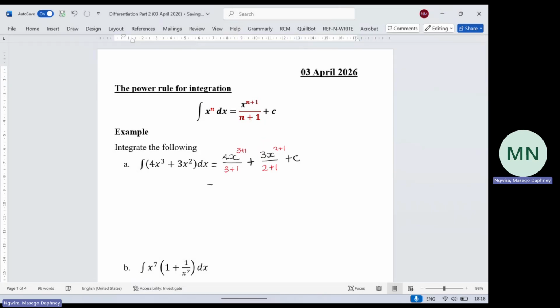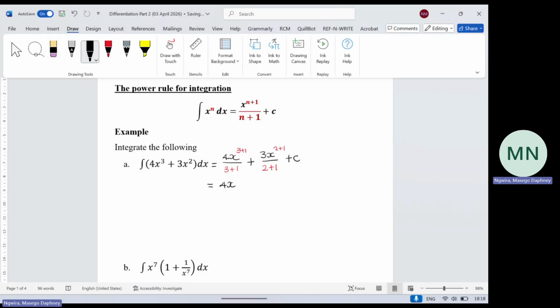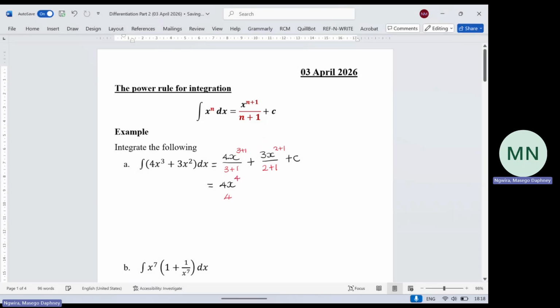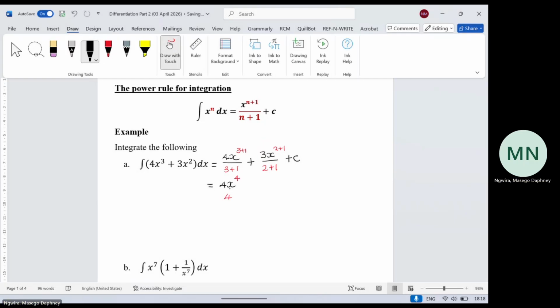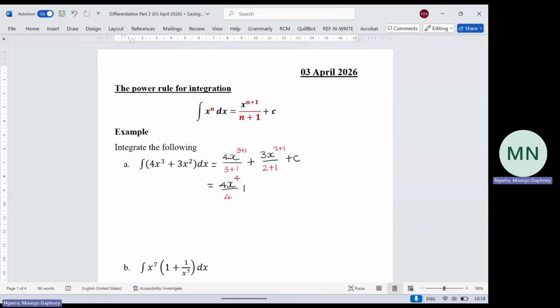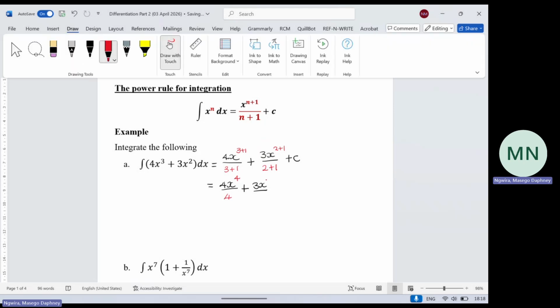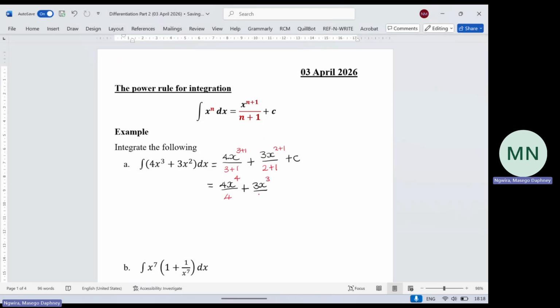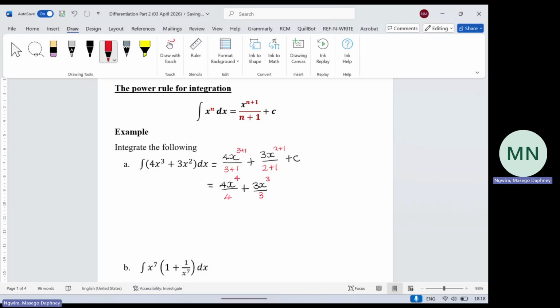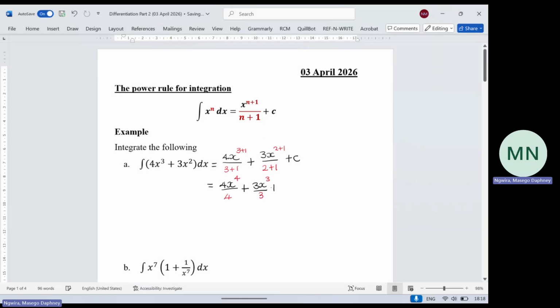And then after this, we are going to have 4x to the power of 3 plus 1, which is 4. So we're going to have 4, and then over 4, because 3 plus 1 is 4. And then plus, and then we have 3x to the power of 2 plus 1, which is 3. So this is 3, and then 2 plus 1 is also 3. And then it's going to be plus c. And now this is equal to, so I'm going to rewrite this step so that when I cancel, you